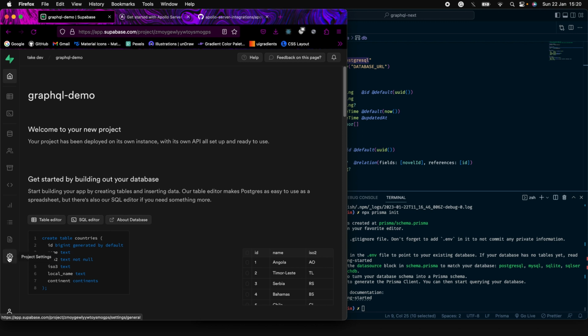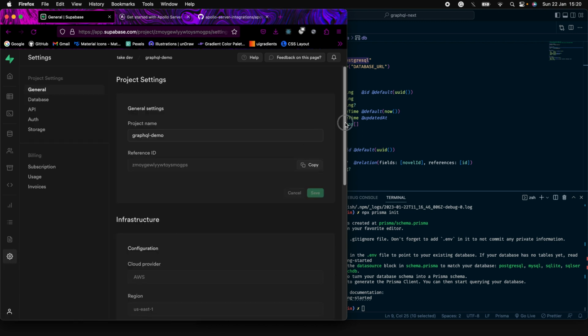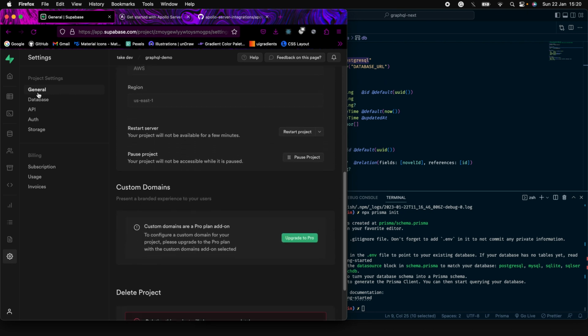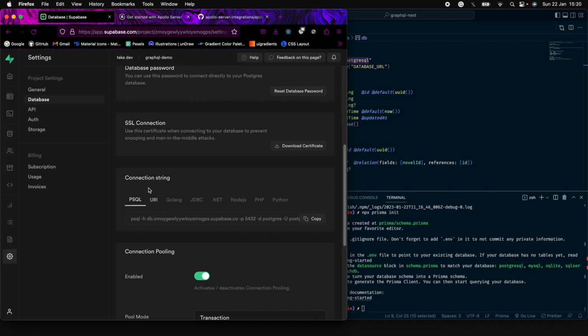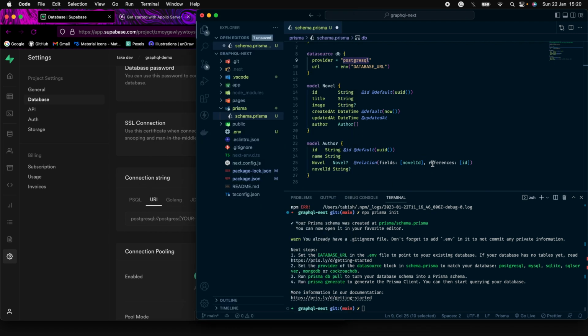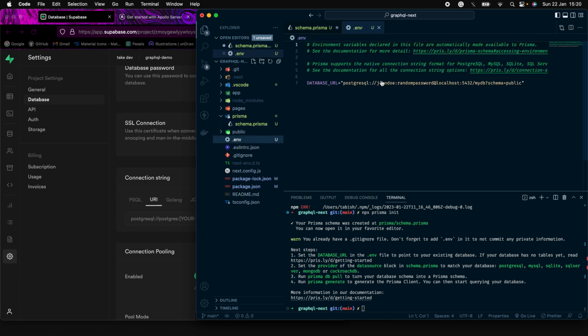Once that's done, head over to settings, scroll down. You should go to the database, scroll down to the connection string, URI tab, copy this, and paste it in the env file. Paste it here, and make sure you give it the password which you entered earlier. In my case, it is this right here,